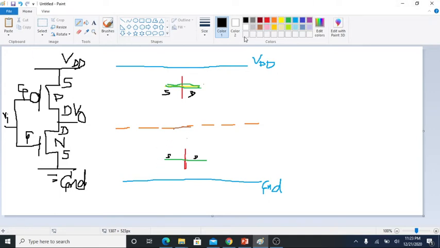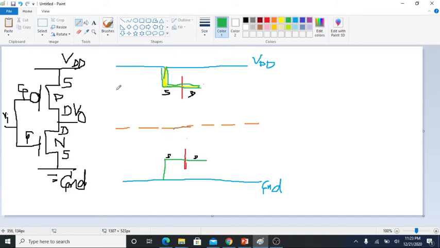Now the second thing is you have to make the connections. If you see, the PMOS source is connected to VDD. So what are you supposed to do? You will extend this line of PMOS towards VDD. PMOS is made how? It is made of P diffusion outlined with green color. So this is your one PMOS. And NMOS is made how? For NMOS also, the source of NMOS is connected to ground, so you have extended this source line towards ground. Why have I made it broader and this one shorter?